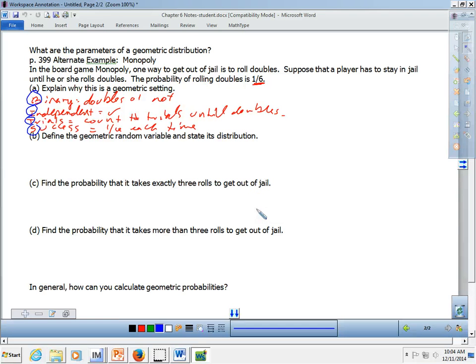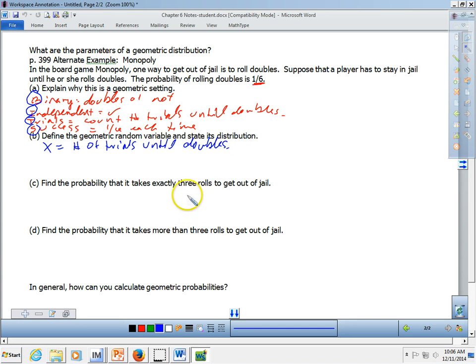Part B, define the geometric random variable and state its distribution. Well, we can do that. All right, so it satisfies the geometric setting. We're going to define the geometric random variable by this, right? We can let x be the number of trials until a doubles,